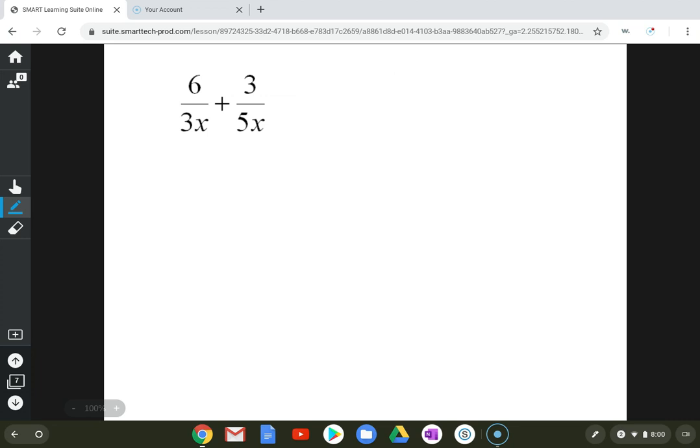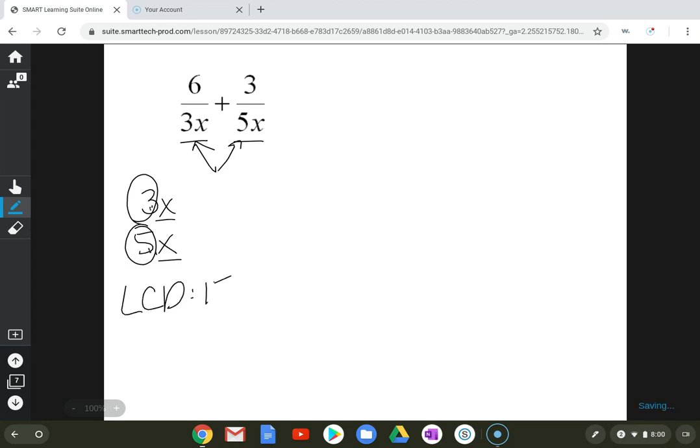All right. Uh-oh. Denominators are different. We're going to have to find an LCD. So an LCD, if we have a 3x and a 5x. Well, both of these denominators contain an x already, so we don't need to do anything with the x's. We really just have to look at the two numbers and think, what is the LCD of these two numbers? Well, the LCD of those two numbers would be 15. So our LCD would be 15x,